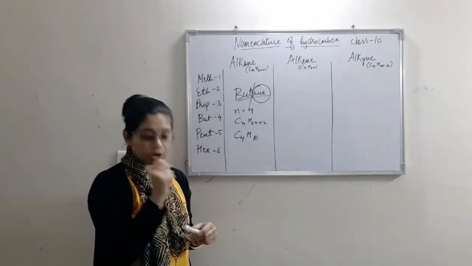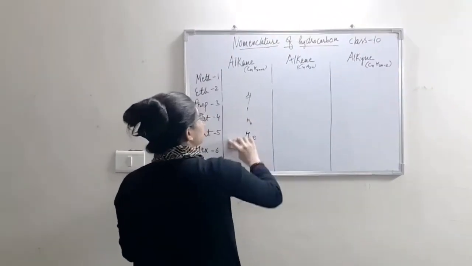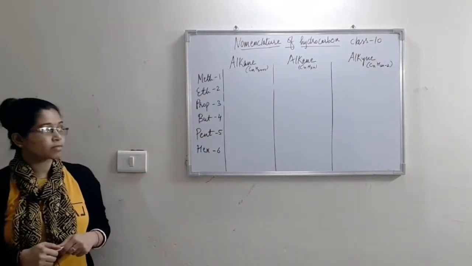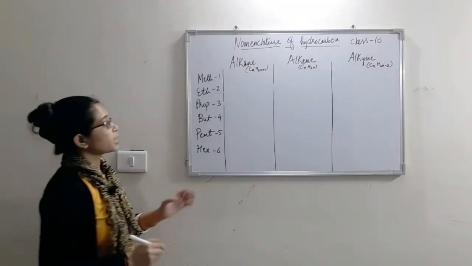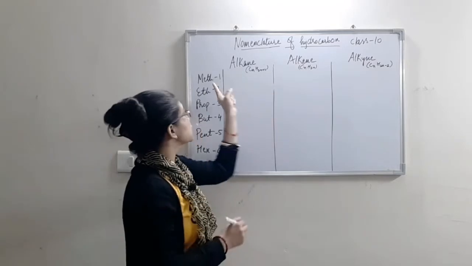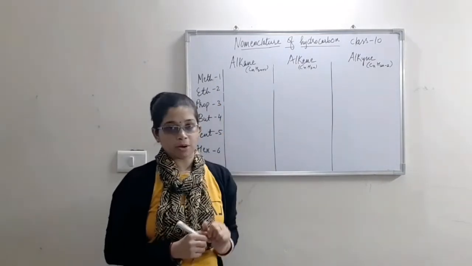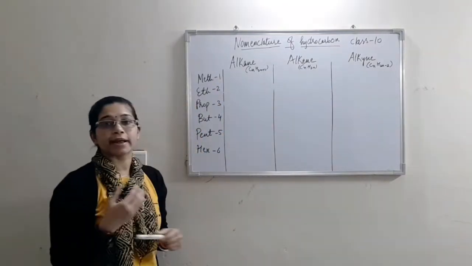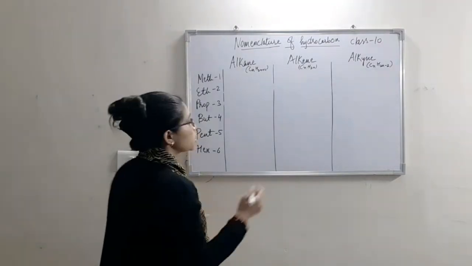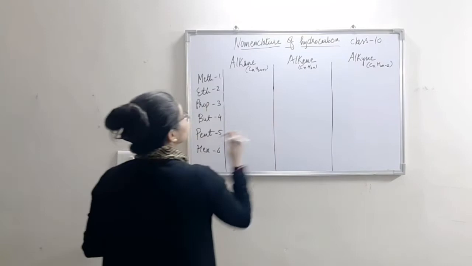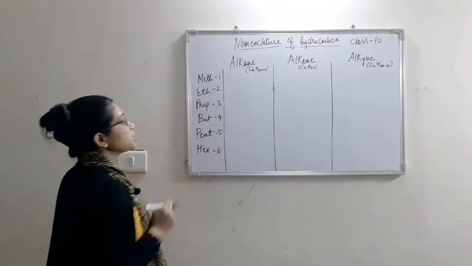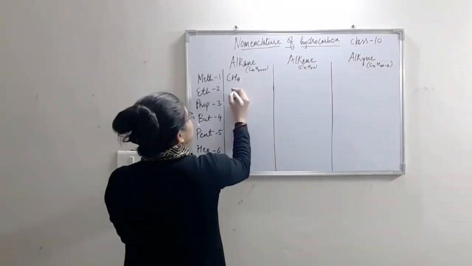Now we will see what is a homologous series. What you can do, you can take a screenshot of this image. After that, you can write all the chemical formulas in front of these meth, eth, and all of these compounds, so that it will become a practice for you to write the chemical formula of several compounds. First of all, I will write the chemical formula of all of these compounds of ane series.